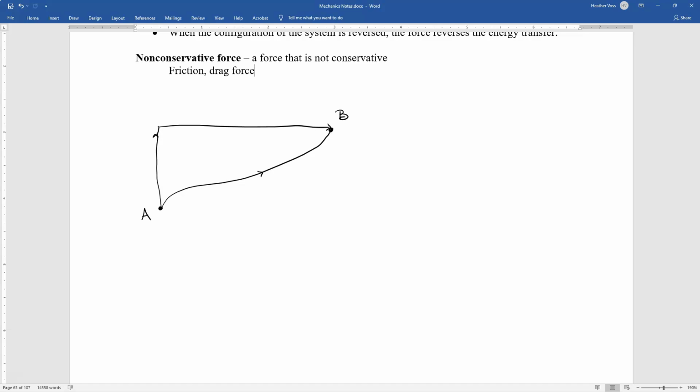However I get from point A to point B, and from point B back to point A, whatever makes a closed loop, from A to B, back to A, whatever path we choose,